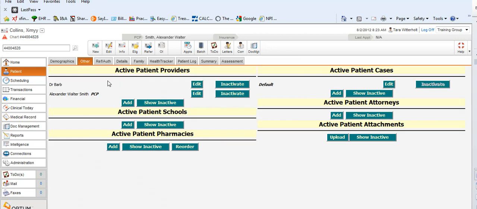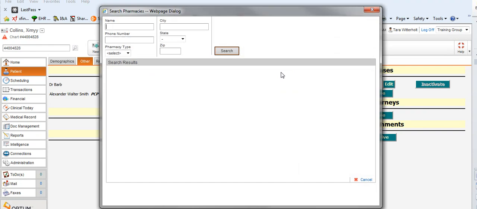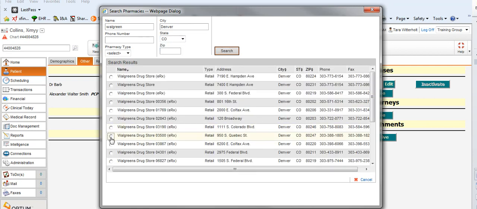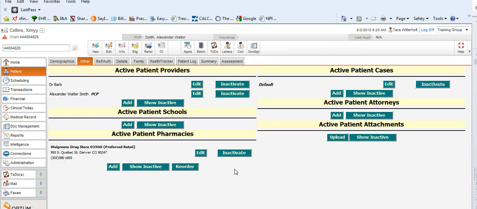So we click Other, and this is where we're going to add in their pharmacy. You want to click the green magnifying glass to search their pharmacy. And once we pick the pharmacy we want to be sure we're checking this box Preferred Retail so that it alerts us, we know Preferred Retail, this is the one that they want us to send their meds to. Then we're going to go over here to Details,